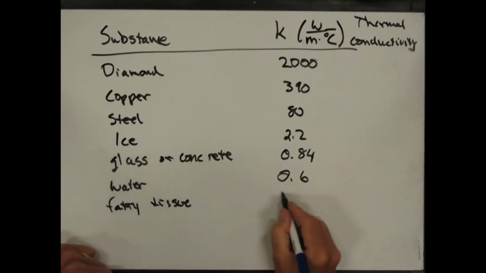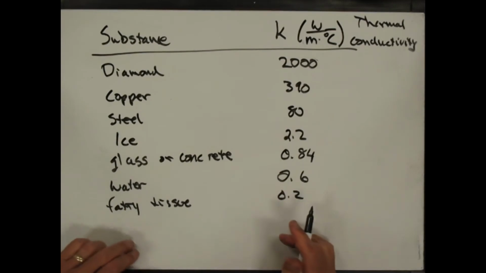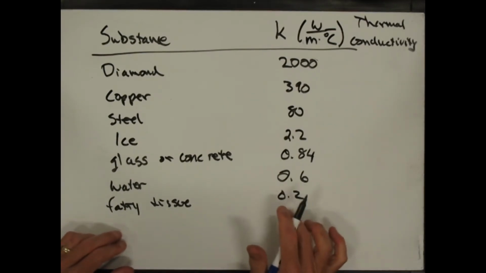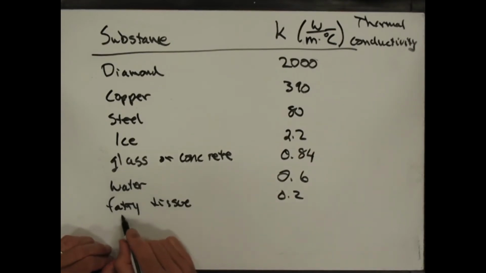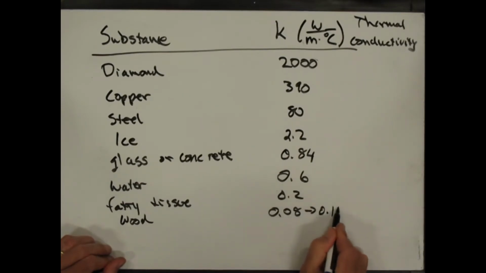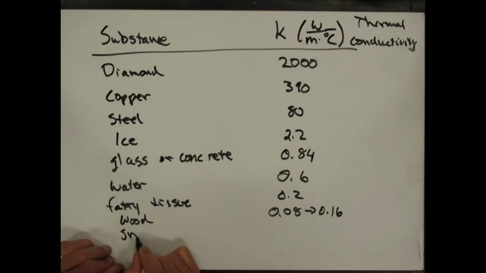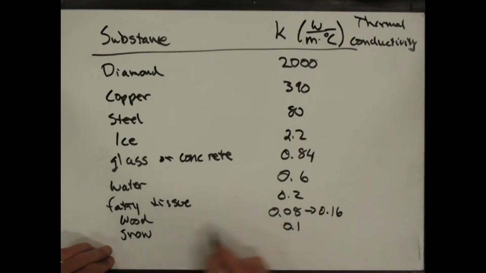Fatty tissue is 0.2. That's the stuff around your body that insulates you from the outside. It's got a low thermal conductivity to keep you mostly warm. Wood, 0.08 to 0.16, somewhere in there. Snow. This is why animals bury themselves in the snow in the wintertime, because it's got a very low thermal conductivity. Air,